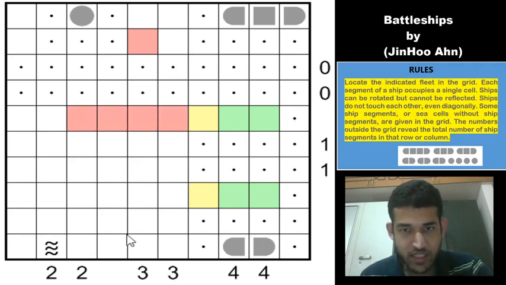We'll try to place the 4 cell segment here. It doesn't matter, any way you can place as long as you don't violate the outside clues. We just need to try to pack 5 segments in this area. You will see that is not going to be possible very soon. So we can place one horizontal 4 cell ship segment here, and maybe another 3 cell segment here, and we need to place one more segment in these 2 columns, right? We have got 1, 2, 3, 4, 5 segments in total, and we need one more segment which can be placed here. So if you look at this carefully now, this is again an arrangement which is not possible,